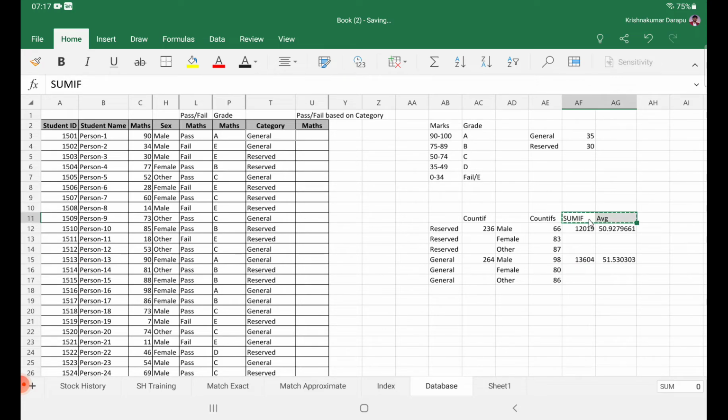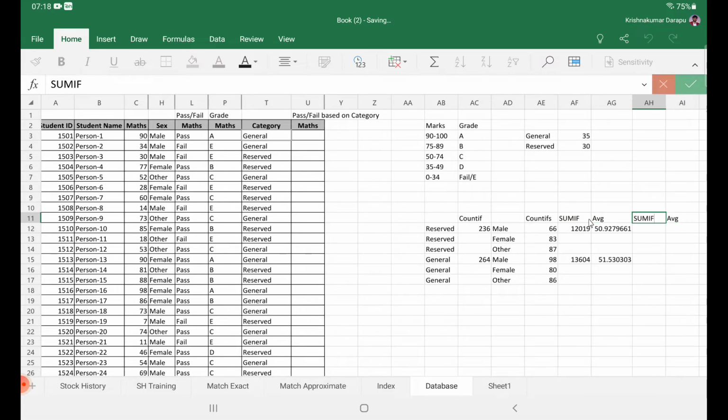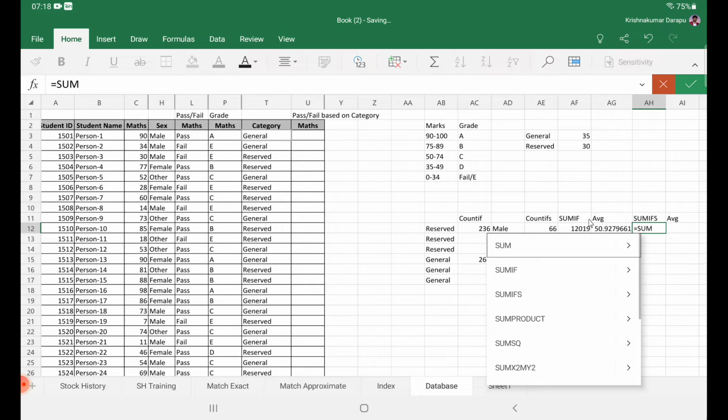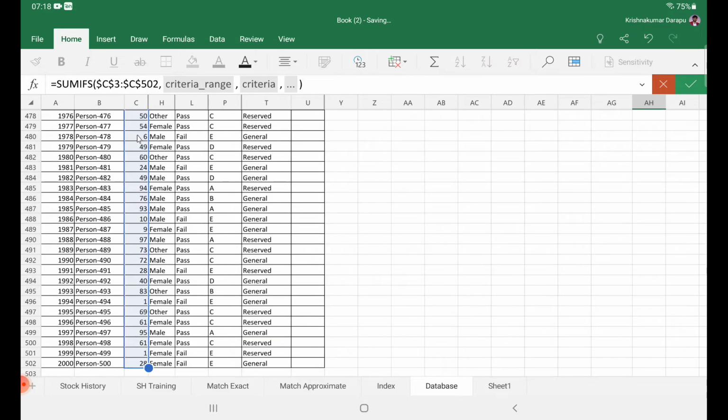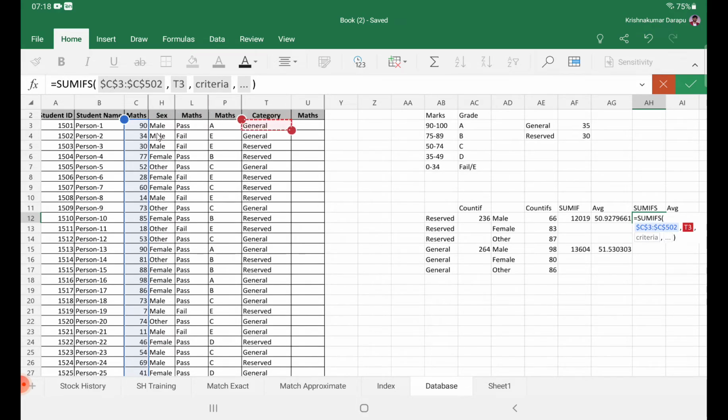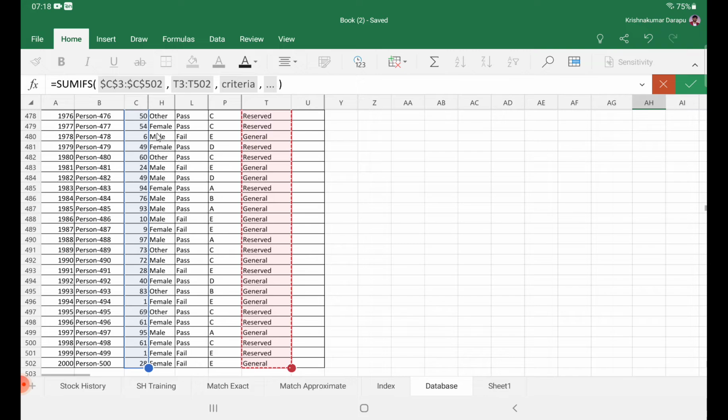And let's go to SUMIFS and see how it calculates. SUMIFS is similar to COUNTIFS, which we just did, using more than one search criteria. So let's say equal to SUMIFS, and in the case of SUMIFS, we are going to give the sum range first, so that we can give as many criteria as we want towards the end. So my C3 to C502 is my sum range, and then my criteria range is, let's say I want to give the category first, whether it's general or reserved, T3 to T502,